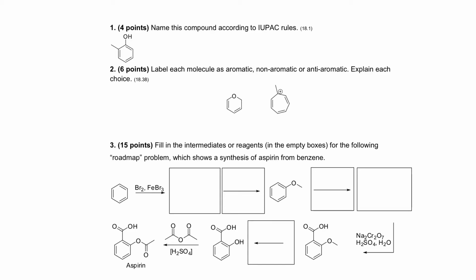Here's the key for exam 2. And the first question is naming this aromatic compound, and we would probably treat it as a substituted phenol. And the OH would get carbon number 1, thus this is 2-methylphenol. And if you wanted to use ortho-methylphenol,